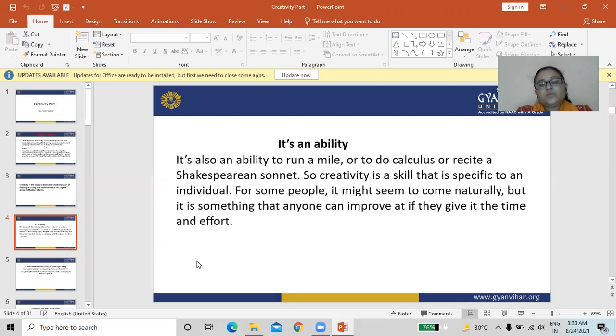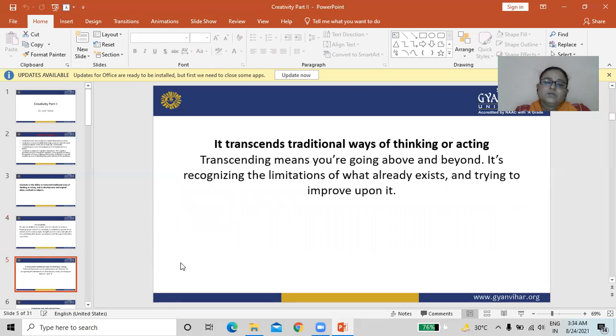For some people, it might seem to come naturally, but it is something that anyone can improve if they give it time and effort. It transcends traditional ways of thinking or acting.